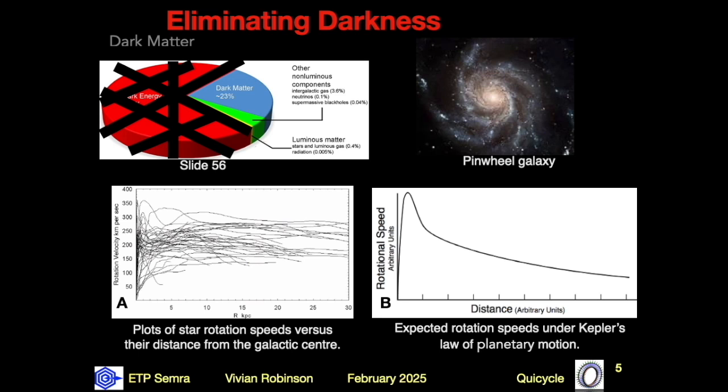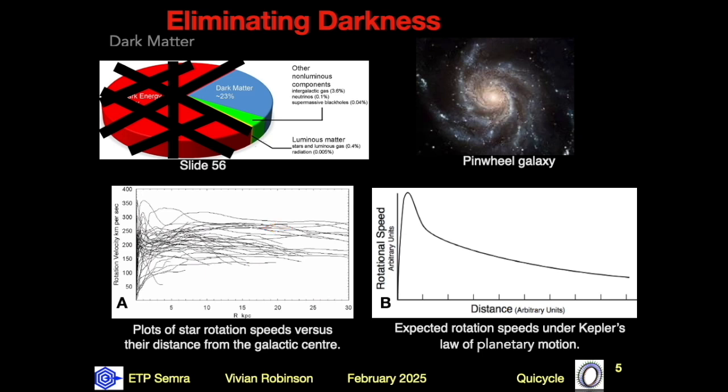Theoreticians did not have a good theory for galaxy rotation. They used a variation of Kepler's law of planetary rotation. It predicts rotation should be somewhat as shown in figure B, a rapid increase in speed away from the center to a maximum. That is followed by a decline from maximum speed at greater distances. The astronomers' measurements showed the initial rapid speed increase. At greater distance, the speed did not decrease very much, if at all.